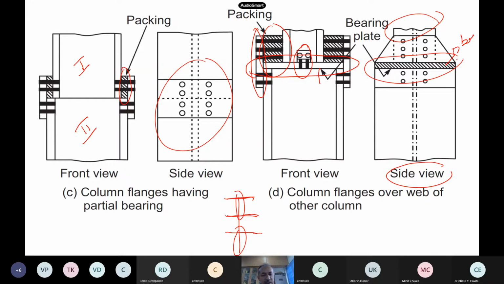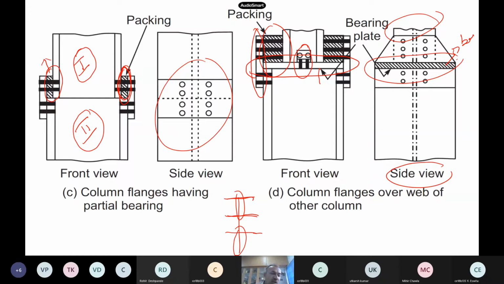So to have economy, as a designer, we try to decrease their sizes. Like here, this is an upper column, this is a bottom column. So the sizes have been decreased to consider economy and others. But the problem here is when you want to join them by a splice, because there will be a difference in their sizes, you may have to provide an extra packing plate to join them through a splice.